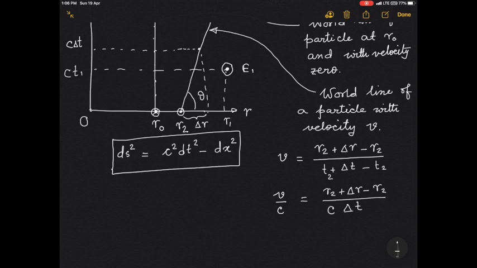Okay. So clearly in the figure, c delta t is this much and delta r I have marked here. So c delta t by delta r is nothing but tan theta,